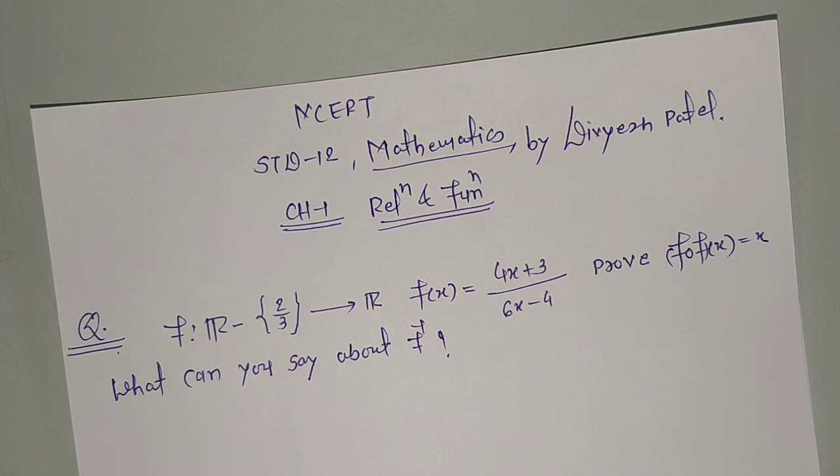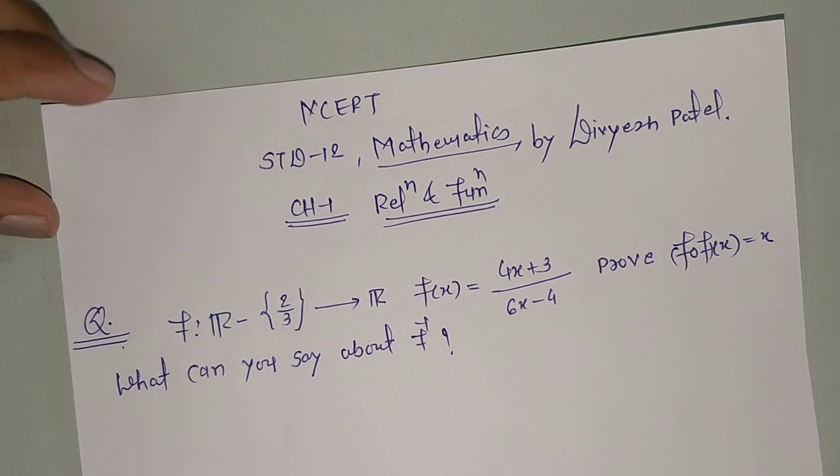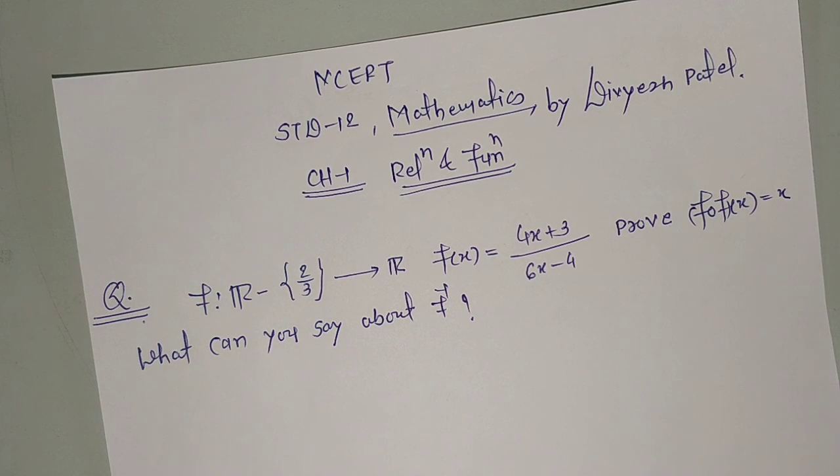Welcome to the video. We have started the chapter Relation and Function of standard 12 mathematics. In that we have discussed what is a function, what is a one-one function, onto function, inverse function, and also in the last video we have discussed the composition of functions. On that particular topic, this is the question: f is from the real number set minus {2/3} to